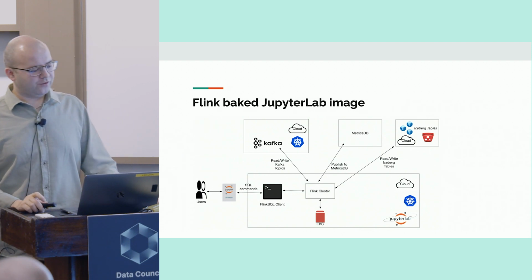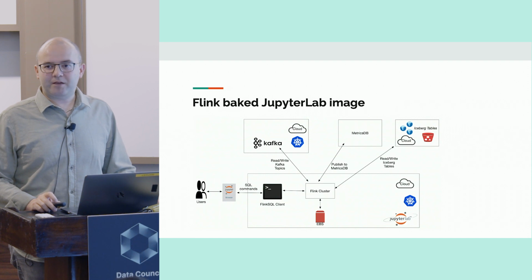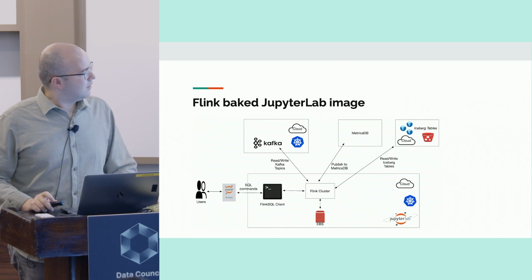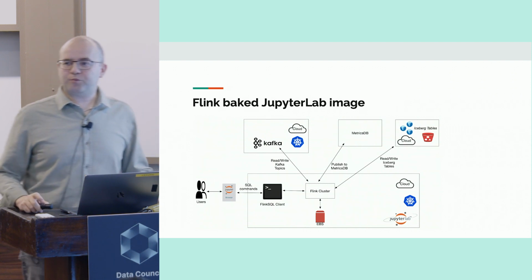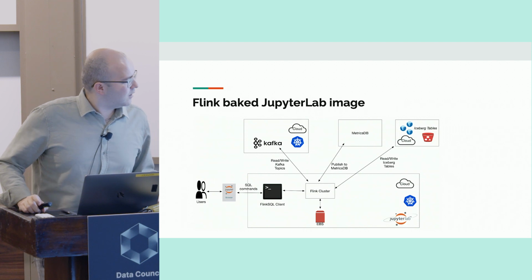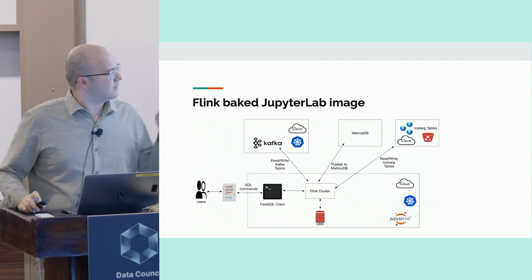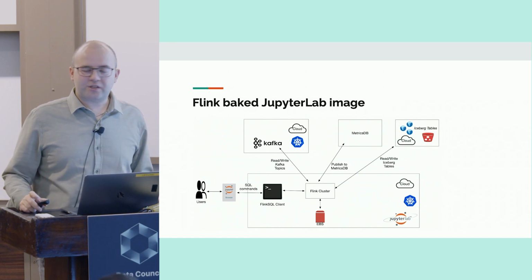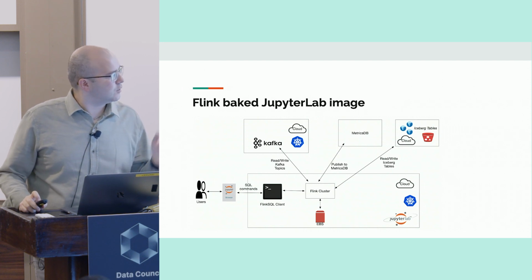So in order to achieve this, we baked Flink open source into a Jupyter Lab image. And then whenever a user goes and starts a session, a Flink local cluster will be started in that Jupyter Lab. And this Flink local cluster will then be able to talk to Kafka running on a different EKS cluster, or it can publish your metrics to different metrics DBs you support, and it can read and write into Iceberg